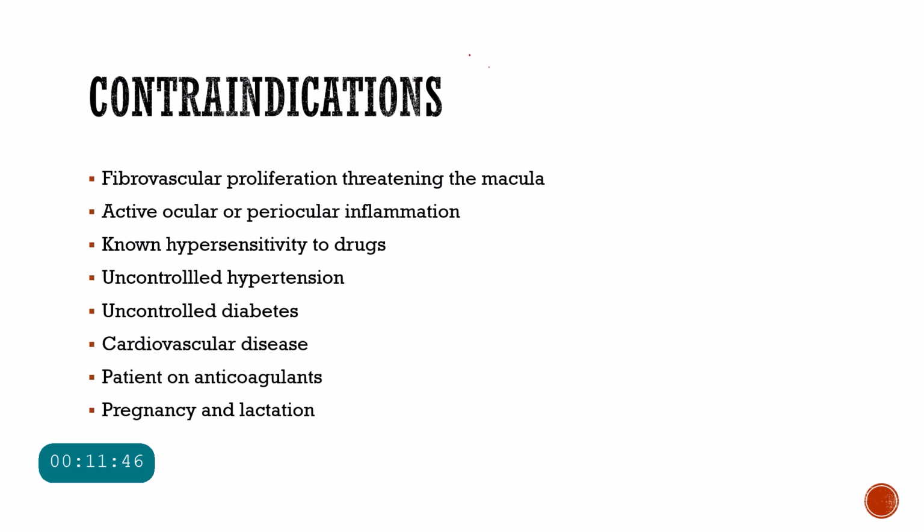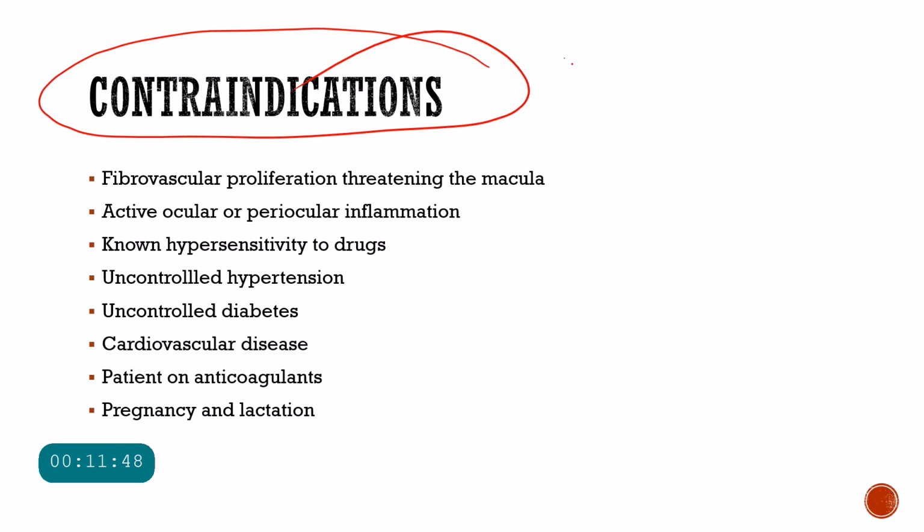hypertension. Now, there are certain times when we are not supposed to inject anti-VEGFs into the patient's eye. So what are those times? Specifically, fibrovascular proliferation which is threatening the macula. The reason is, as I told you, that anti-VEGFs can cause tractional retinal detachment as well. So specifically when you have fibrovascular membranes near the retina, near the macular area, you're not supposed to inject